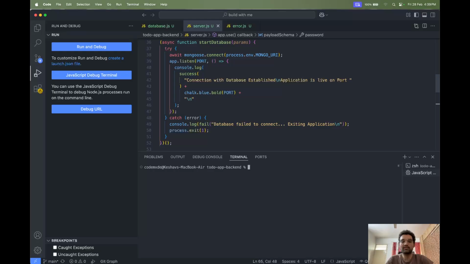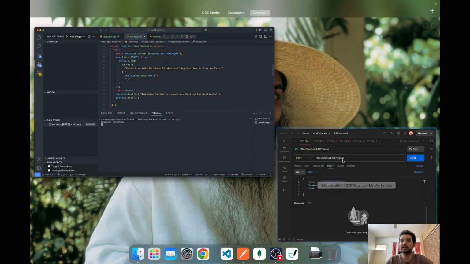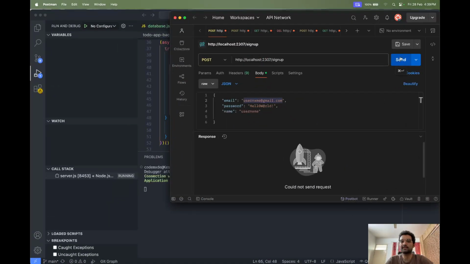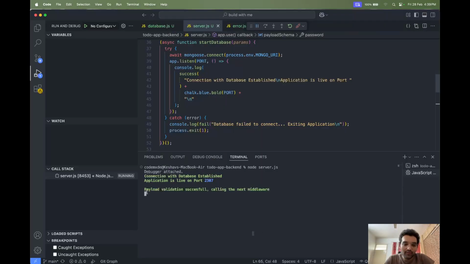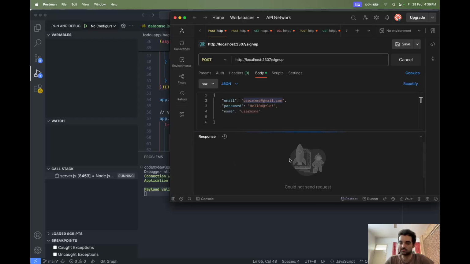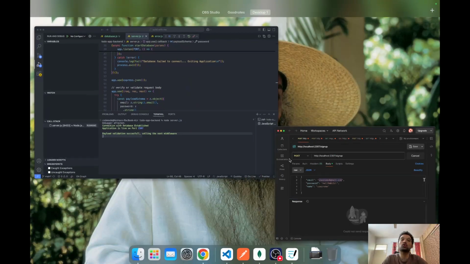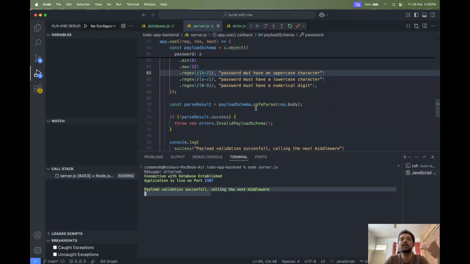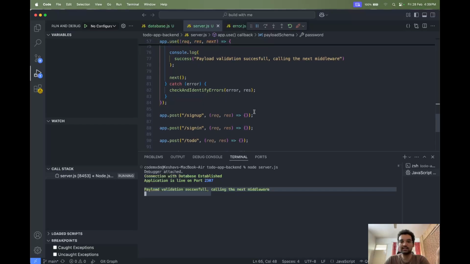क्योंकि सर्वर अप नहीं है. अब चलेगा. Payload validation successful. Calling the next middleware. Why is it hung? क्यों? Because sign up में मैं कुछ कर ही नहीं रहा हूँ. If I had done something like